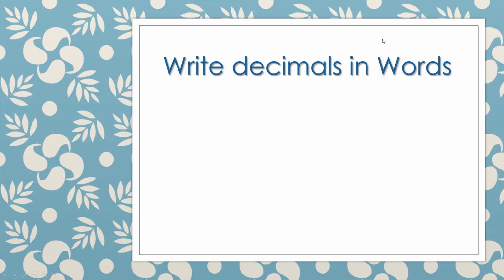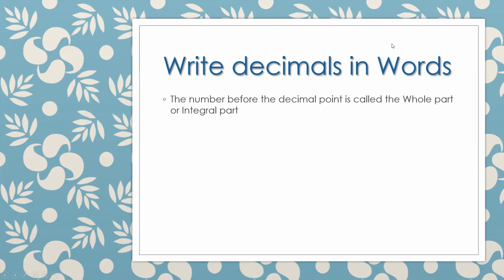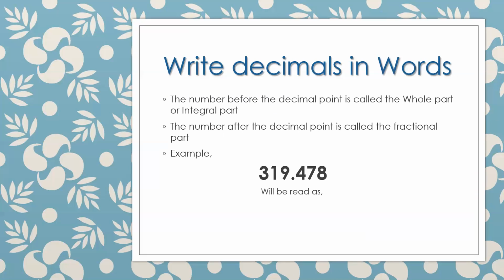I am going to talk about how to write decimals in words. The first point. The number before the decimal point is called the whole part or integral part. The number after the decimal point is called the fractional part. For example, we can take the number 319.478, which will be read as